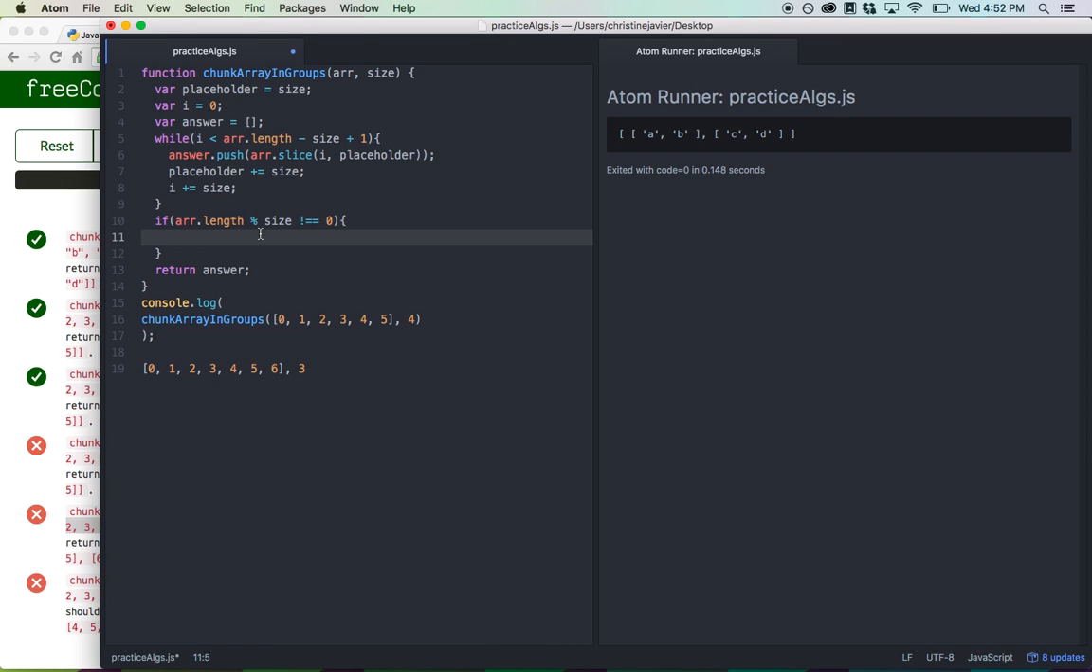Okay, so I'm going to declare a variable. I'm going to call it var remainder. What that's going to equal is r.length, okay, divided by size, and we're going to just get the,